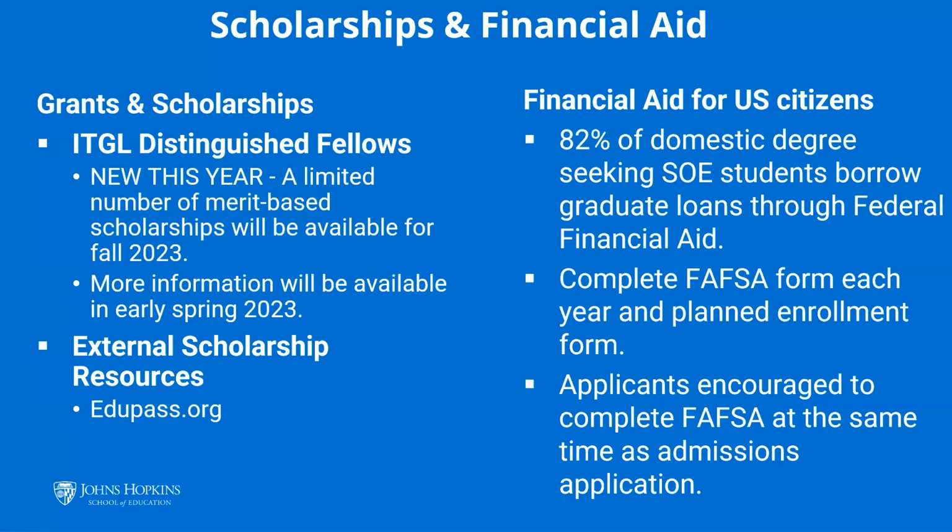And if you're interested in applying for federal financial aid, we strongly encourage you to apply for financial aid by completing the FAFSA form when you start your application. Please note that permanent residents and U.S. citizens are eligible to apply for federal financial aid funding. Please visit our website if you have any questions relating to financial aid. You'll also find contact information for the Office of Financial Aid there, as well as details on the loans and scholarships that are available.